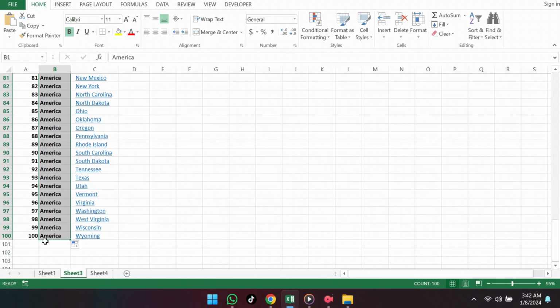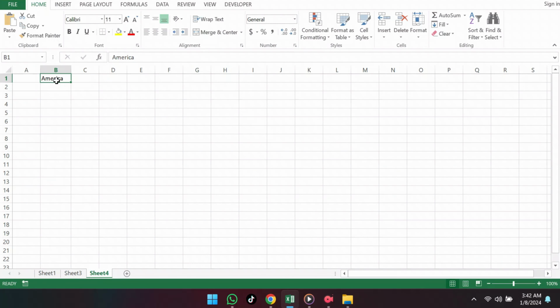But what will happen if you don't have any range or if you have to set your own range for thousands of rows? For example, I need to type America in thousands of rows. But if I double-click here, it doesn't work for this. What I will do is type 1, click outside the cell, click this cell again, and then click on Fill,